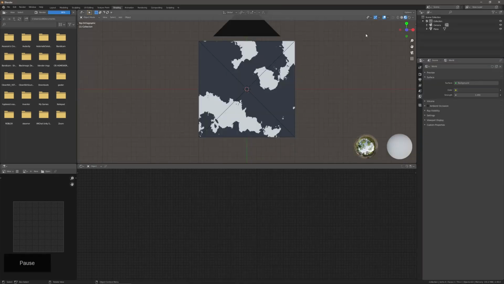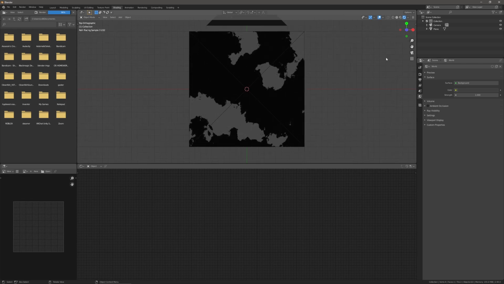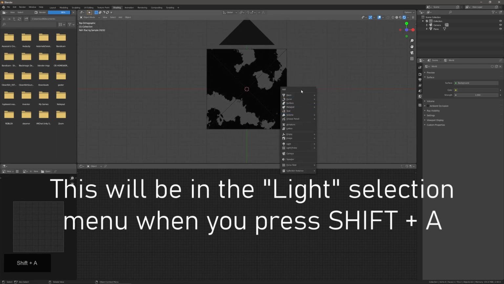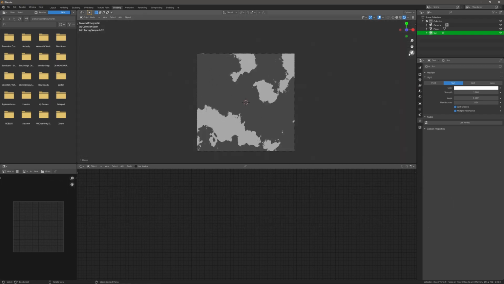I almost forgot to mention that to get your actual render output, you have to go to this viewport shading option, which is the actual render output. And as you can see, I deleted my light. You want to make sure you do that if you want to get your render accurate. And what I'm going to do is add a sun, and that will light up my plane and my image. So now my image has a light source.